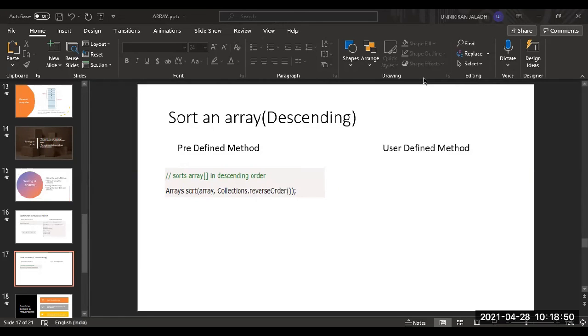Use a user defined method from the examination point of view, and you will get good marks. How the sorting takes place, and give an example, they will ask in this way. I will tell you about the important questions later in each and every unit.